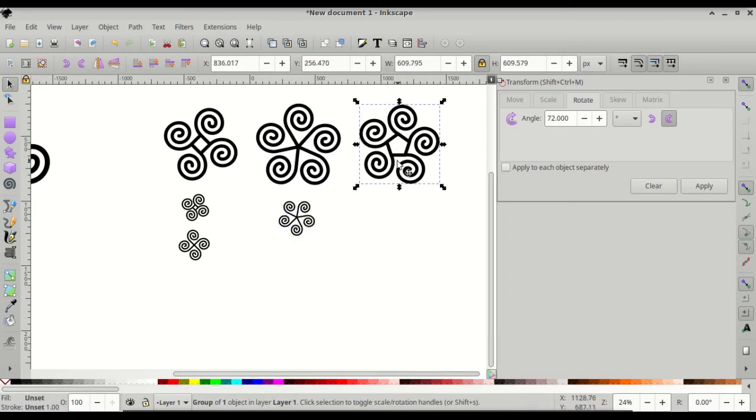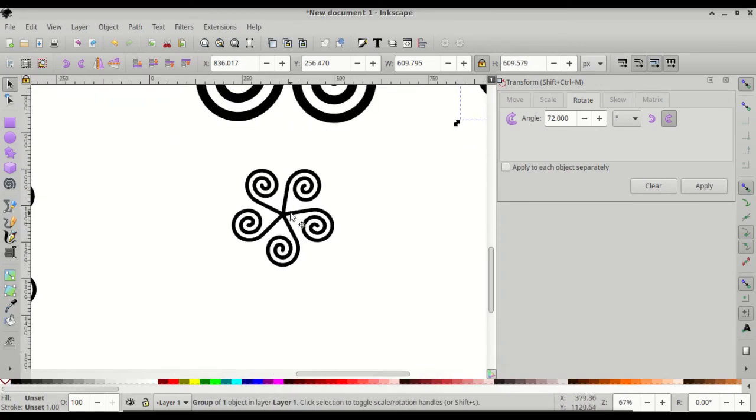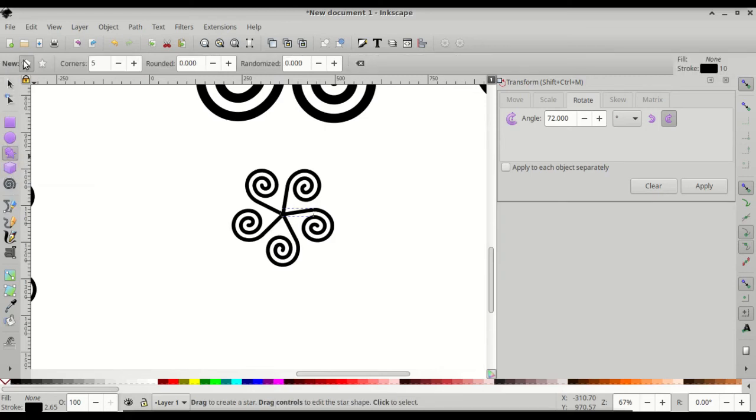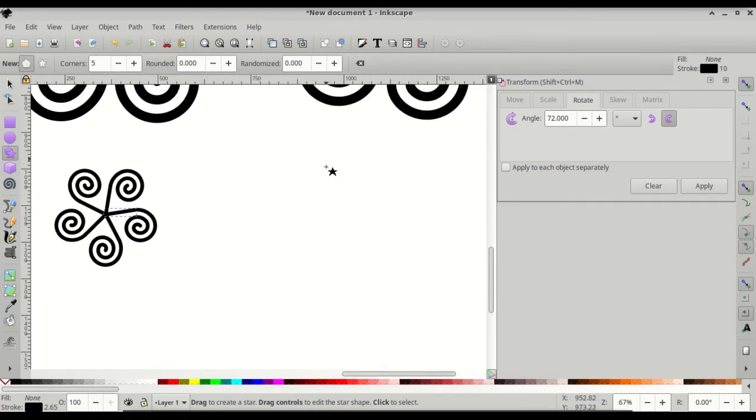And our last shape, we'll need a pentagon. So I'm going to use the width of this line as a guide, which is about 80 millimeters. Alright, so let's come to create stars and polygons, and then create a regular polygon with 5 corners and rounded 0, randomized 0. So let's come to the canvas, click and drag